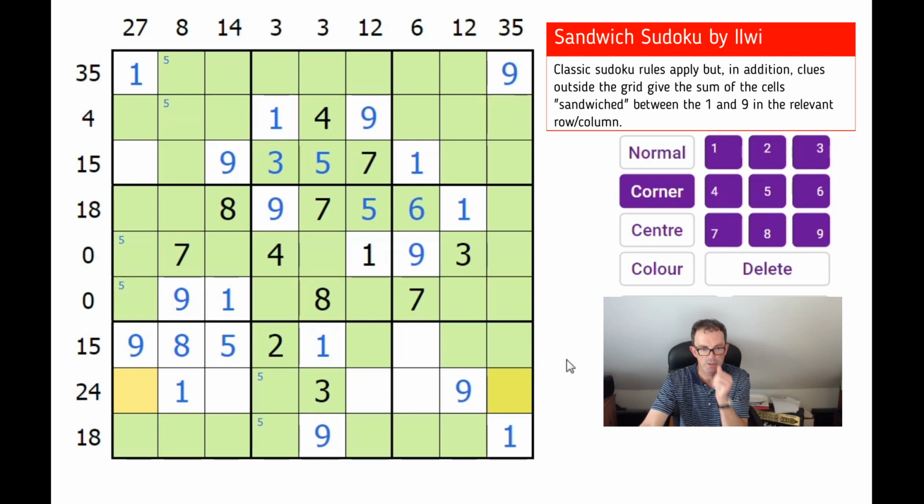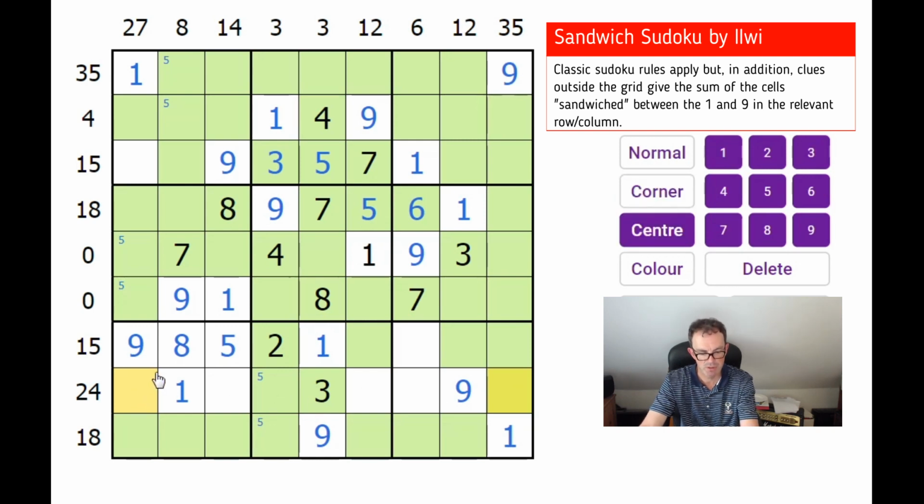So, is there anything we can say about that? Well, it obviously couldn't be 3 and 8, and it can't be 2 and 9. So this is either 4 and 7, or it's 5 and 6. Let me just have a, so it's either 4, 7, or it's 5, 6. The square can't be a 5. So the options for this square are 4, 6, and 7, but we can now combine the logic of row